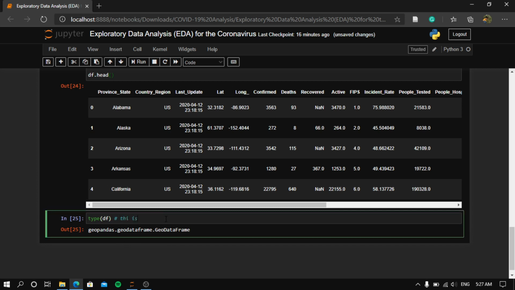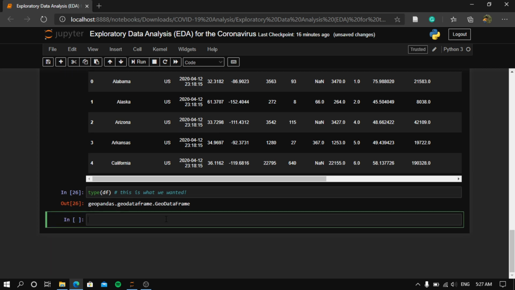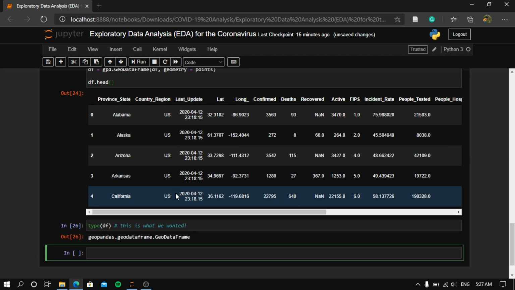Yeah, great. So the second thing is to see the type of our data, which is a GeoPandas data frame, right? And this is actually what we wanted, right? So till now we have done some basic data restructuring. Now let us see if the hypothesis holds that whenever we do more tests, we will have more deaths, right? So we are trying to test the correlation